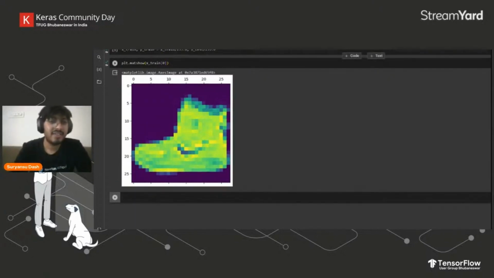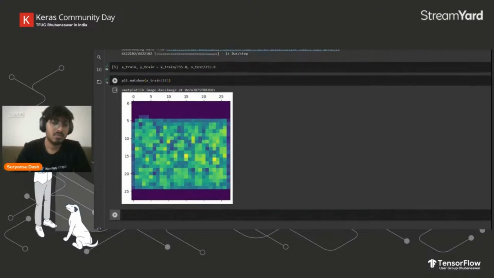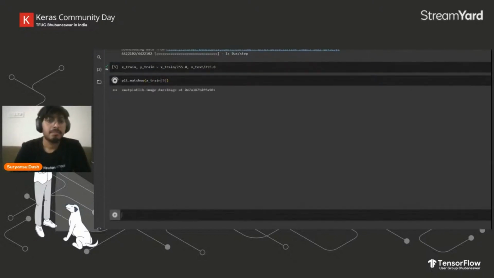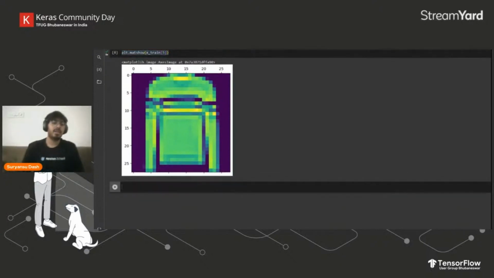As you can see, it has fashion apparel. If I type say the 23rd or 24th image, even I don't know what this is, like a coat or something, I guess. Let's go with 5. So this is a jumper jacket, the full sleeve ones. This is a t-shirt, or you can call it a shirt too. So Fashion MNIST contains data of different kinds of fashion apparel.